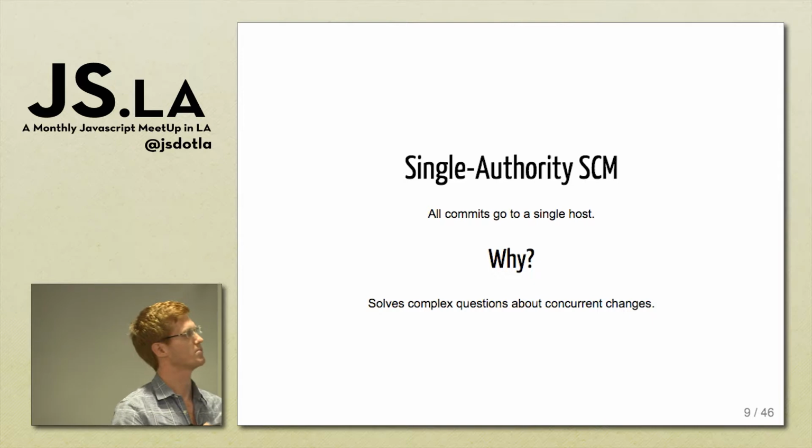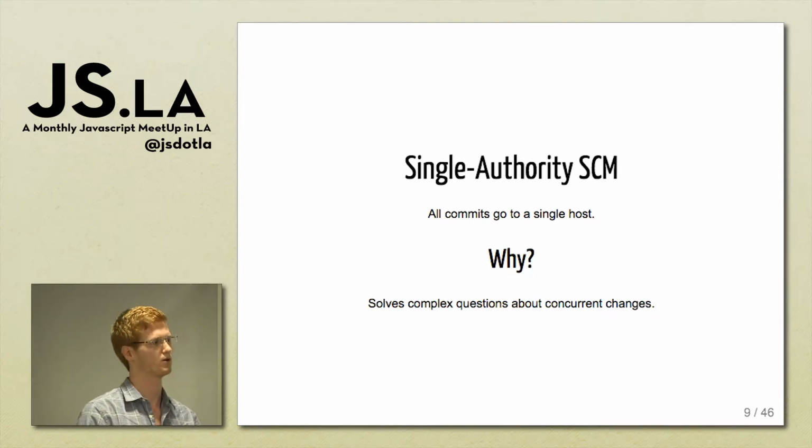The single authority model basically solves this by having everybody channel through the same computer. And so then that computer is able to decide what order things happen in and what's the correct state, and it can detect if there's some kind of conflict which has occurred and whether or not the developer needs to back up and deal with that conflict before changing the repository state. All right? So that's why single authority tends to be used.